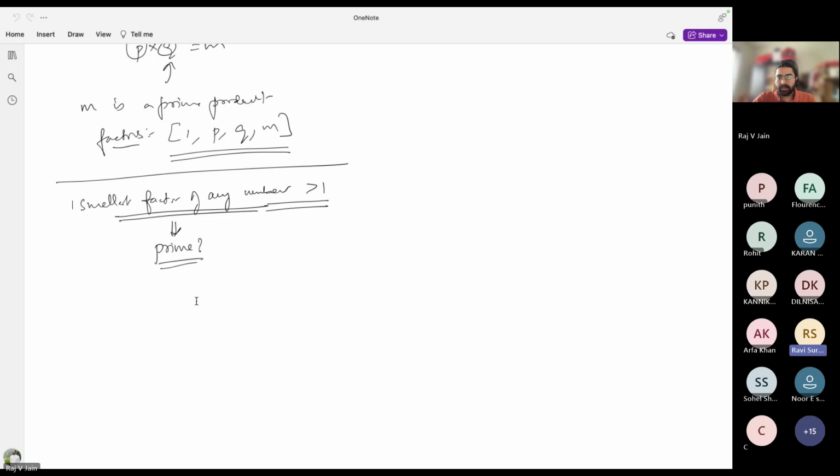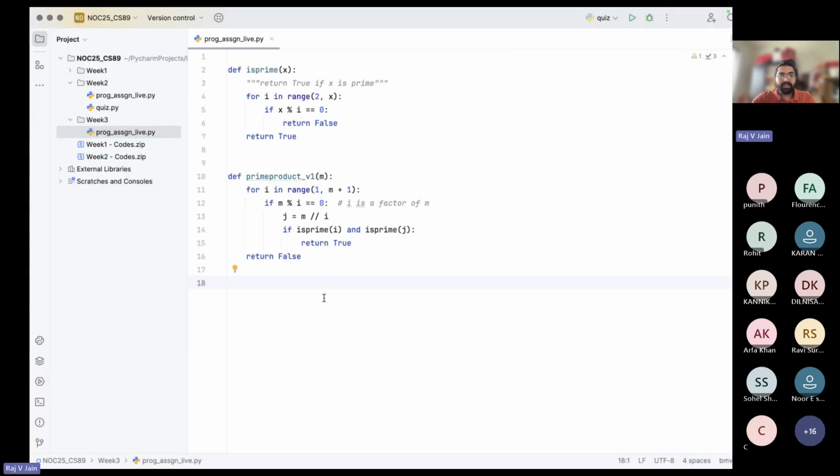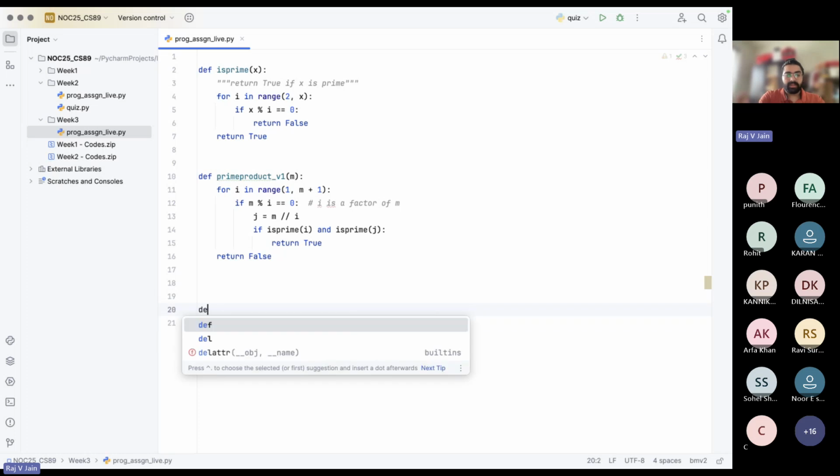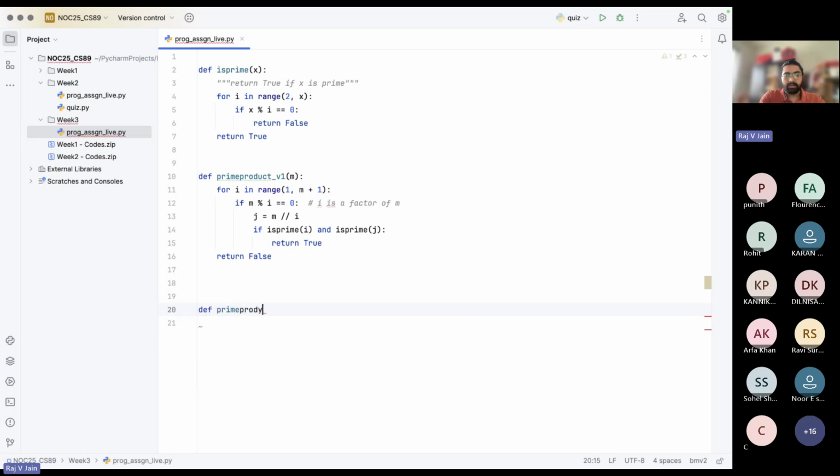Every number can be written as a product of primes, exactly, right? So the smallest factor would be a prime number, correct? So basically, if I were to iterate in this version, let's say